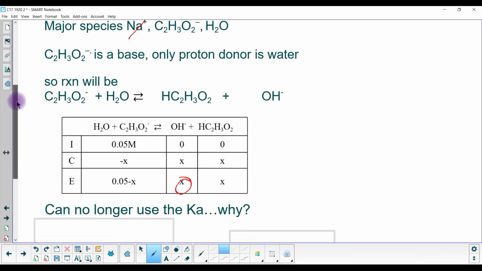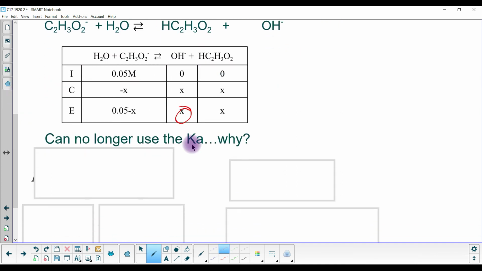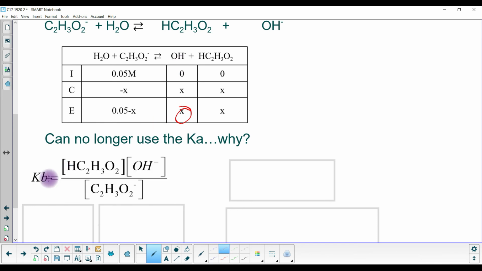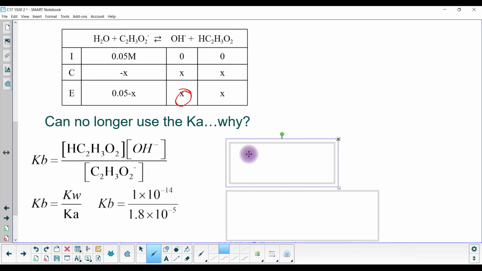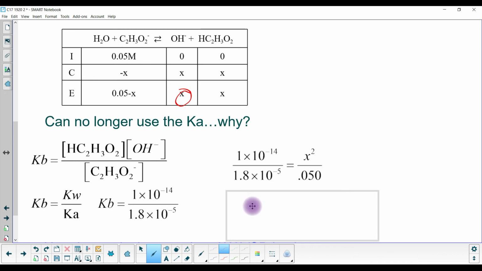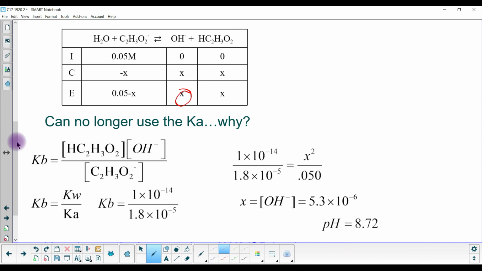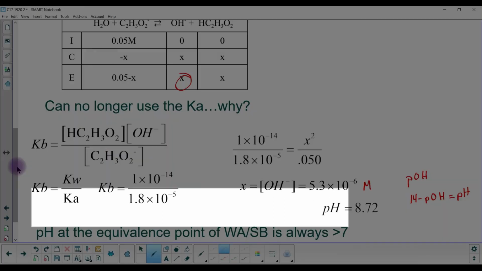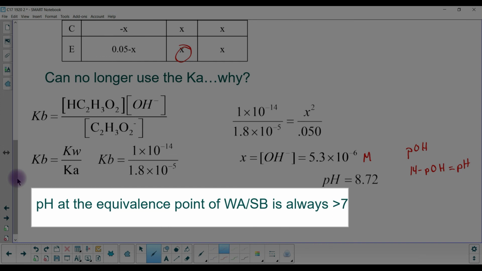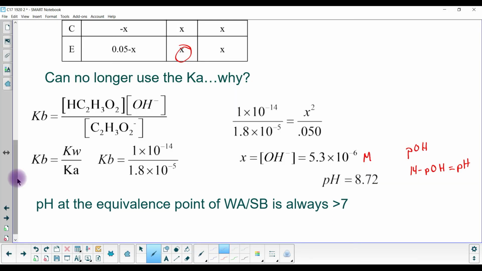At this point, we can't use the acid dissociation constant because we have hydroxide. How do we figure out the base equilibrium constant? Knowing the relationship between the acid equilibrium constant and the base equilibrium constant, along with the water equilibrium constant, allows us to calculate our base equilibrium constant. Plugging those values in, we can solve for our hydroxide concentration. Once the hydroxide concentration is known, the pOH can be calculated and the pH can be calculated. The pH of a weak acid and strong base is always greater than 7 because the conjugate base will cause the solution